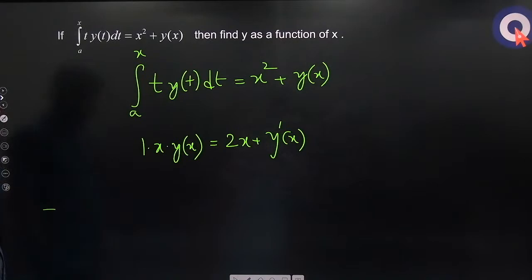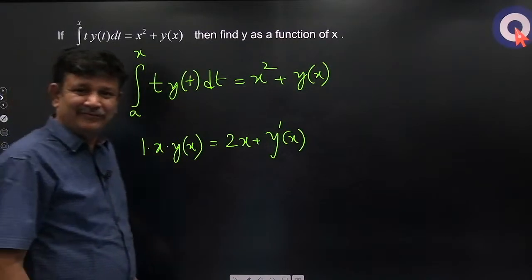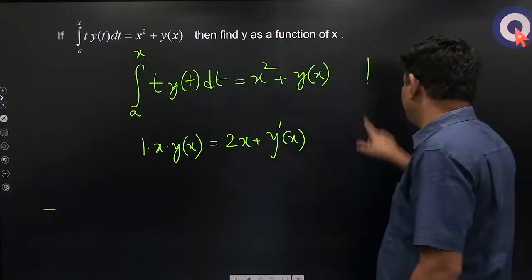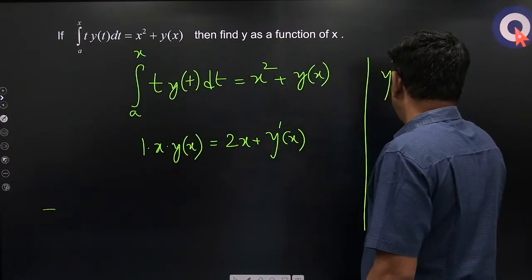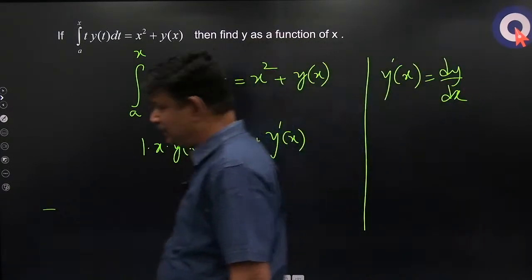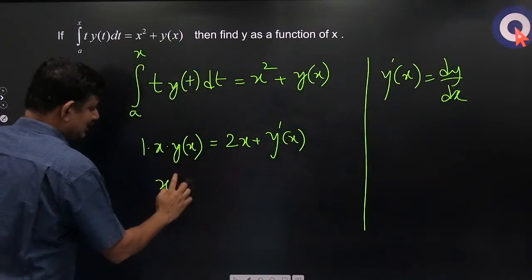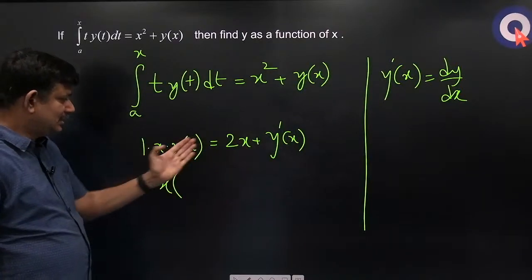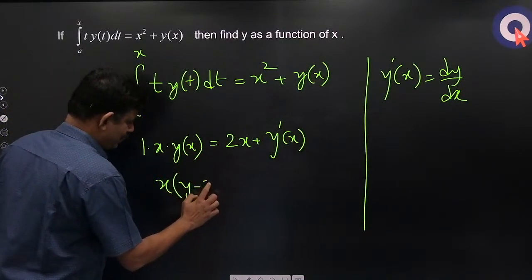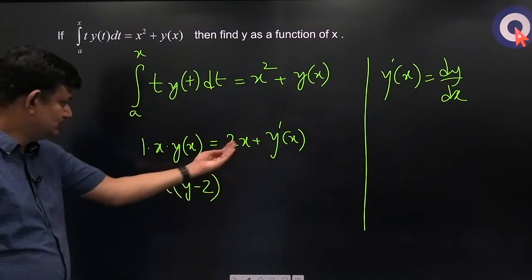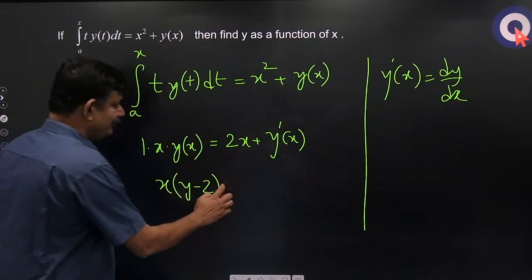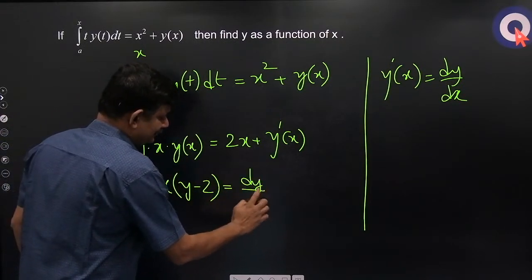ठीक है, तो ये y dash x से हम कंफर्टेबल नहीं है, इसको लिख देते हैं dy by dx। अपना पुराना नोटेशन y dash x को लिख देते हैं dy by dx। इफ यू आर कंफर्टेबल, मोर देन हैप्पी, यू कैन हैप्पीली कंटिन्यू एज इट इज। ठीक है, x इंटू ये टर्म यहां पे लेके आओ y of x minus 1 विच इज सिंपली y minus 2x लेके आओ, तो x कॉमन आ गया तो y minus 2 बचेगा, इज इक्वल टू dy by dx।